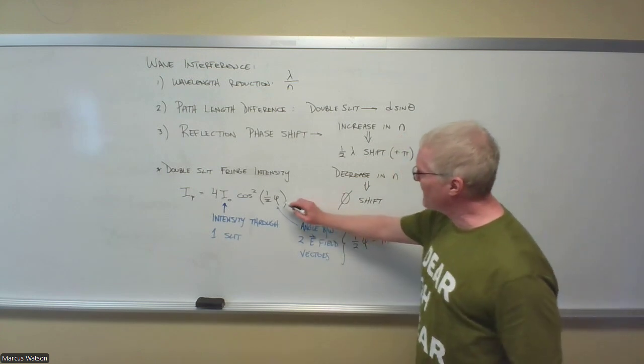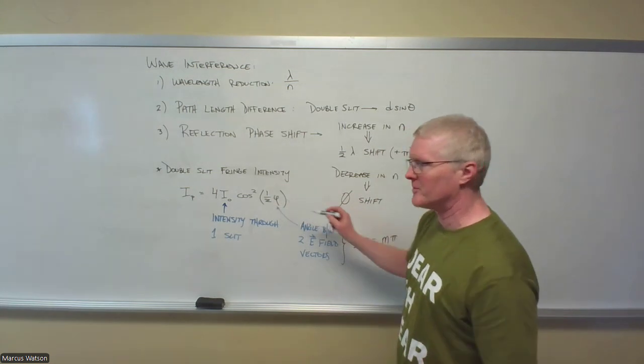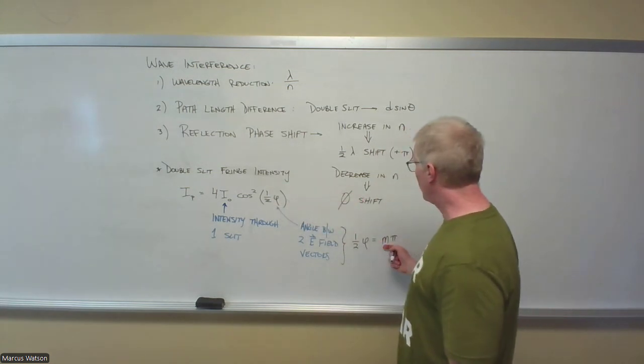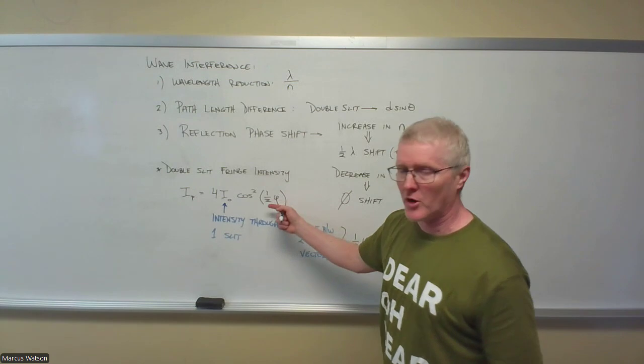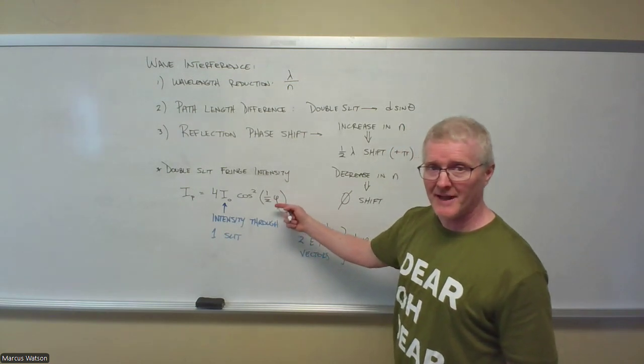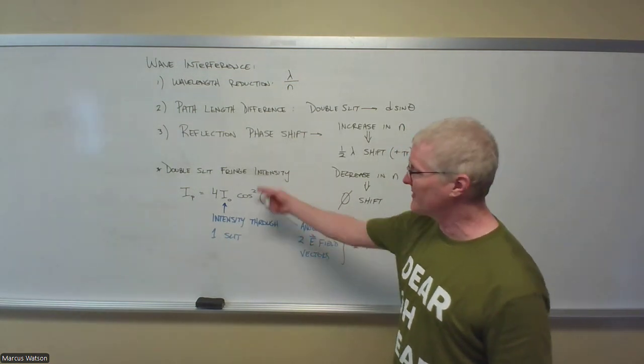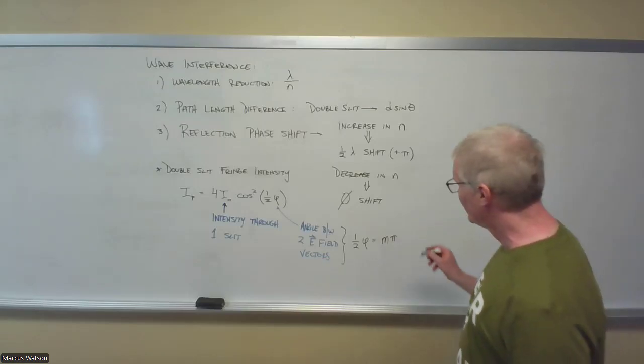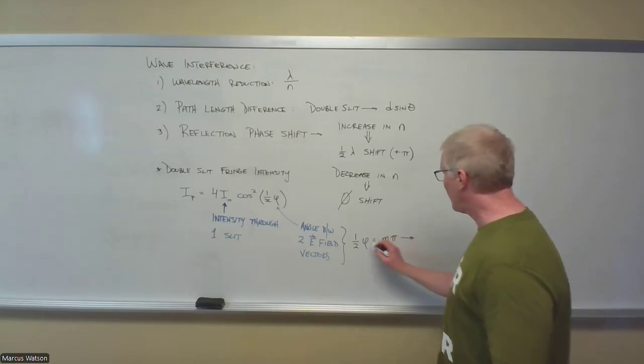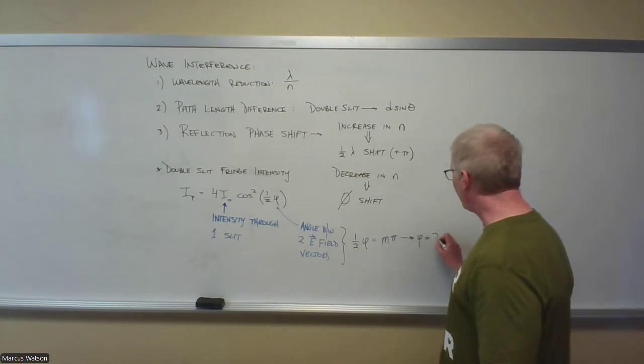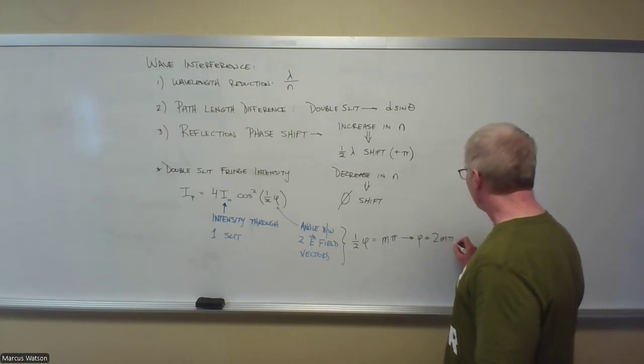So this has to be a maximum. It's squared. That's what confused me. I forgot it's squared. So this is going to be a maximum when the argument is a multiple of pi. And it doesn't matter whether it's minus or plus because it's squared. All right, so when I look at what phi is then, phi is 2m pi,